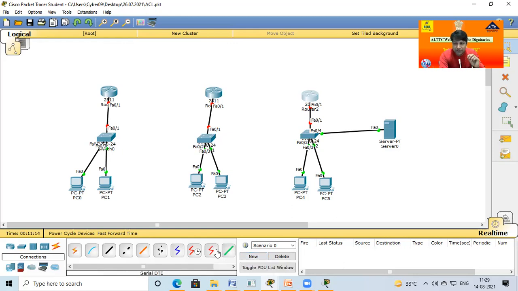Again I repeat, you can use either cable, there is no problem. But in the real world I use DCE and DTE, let me explain now. DCE is known as the serial DCE cable. Communication means router to router, switch to switch, router to switch.